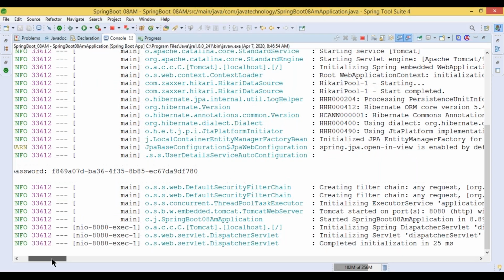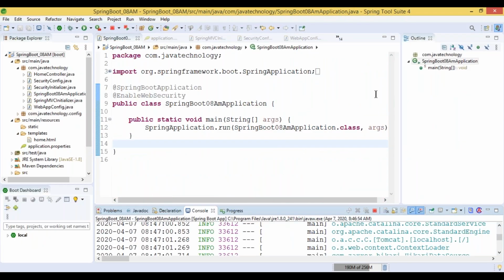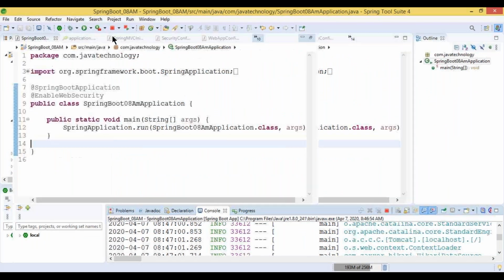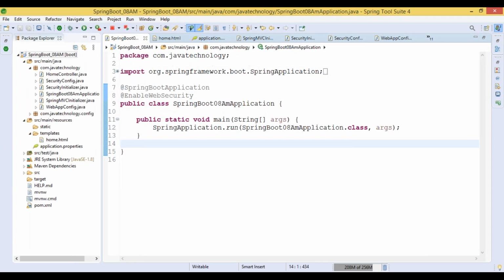What we can do, instead of working like this, is first try to create one user related class, create an object, and work on it. So how can we create it? Let me create the package.